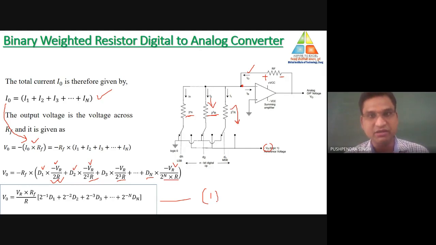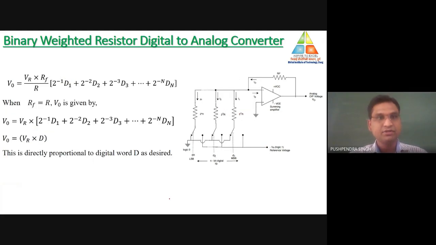digital to analog converter. So you can calculate the value of output by using this equation number 1, or simply you can calculate the output with the help of this circuit only by supplying the input voltage. So just calculate the value of output. It's not needed to remember this formula. It's not compulsory to remember this equation number 1. With the help of the circuit only you may calculate the value of the final output.